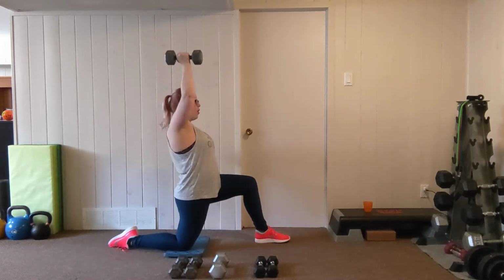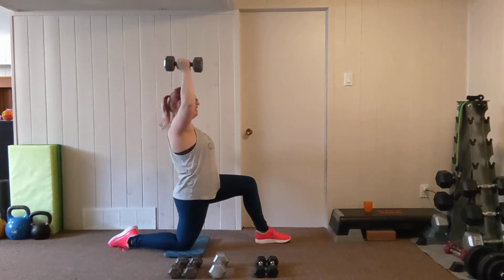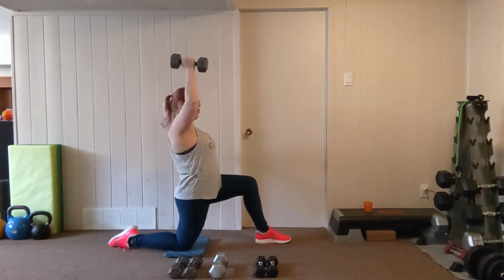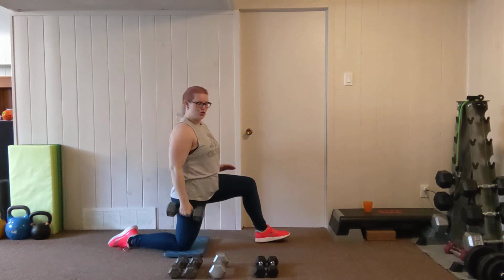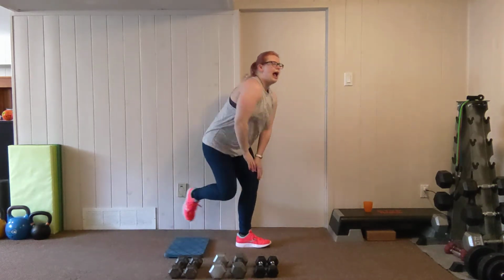Keep pushing through. 4. Abs are in. 3. 2. One more. 1. Whew. Shake out those shoulders. You can put your weight down, grab a water break, and I'm going to demo our